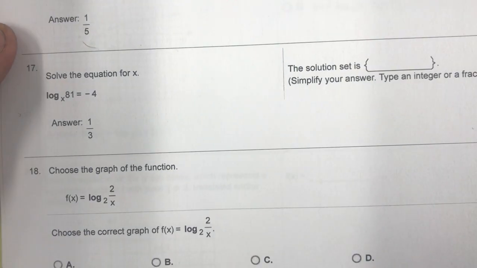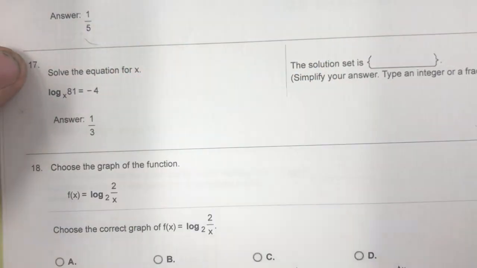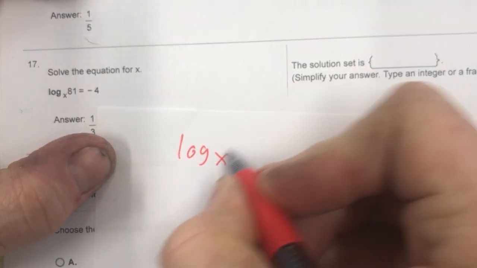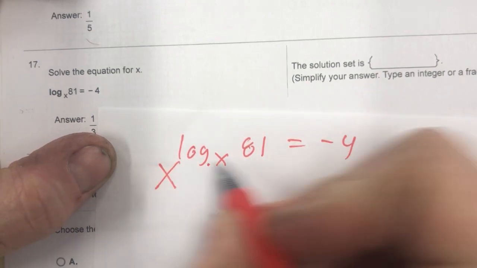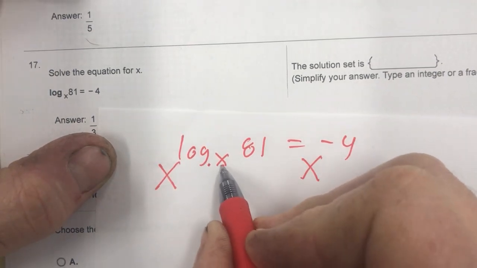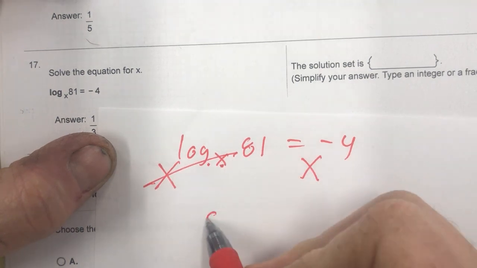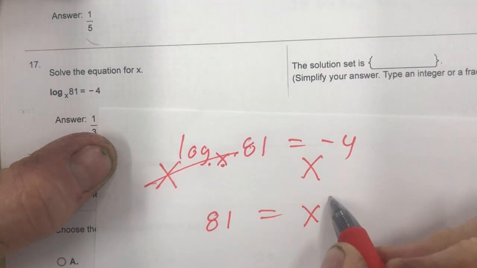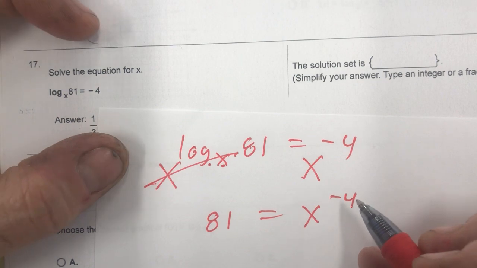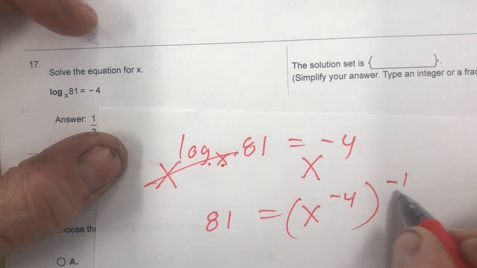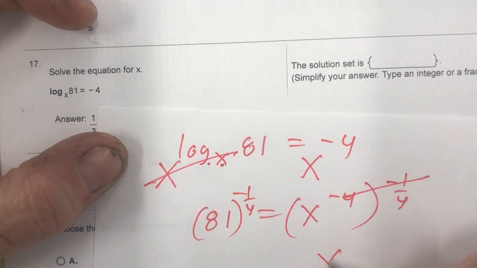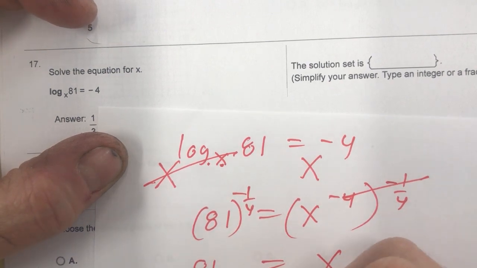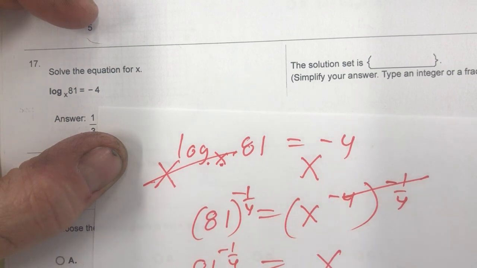Okay, number 17, solve this one here. All right, here, I'll write it out for you. I'm going to do it again here. Log base x of 81 equals -4. So x to this power equals x to that power, since I've got base x. That makes this cancel, and 81 equals x to the -4 power. And now I can do -1/4 power of both sides to make this cancel, so x would equal 81 to the -1/4 power, which that would be